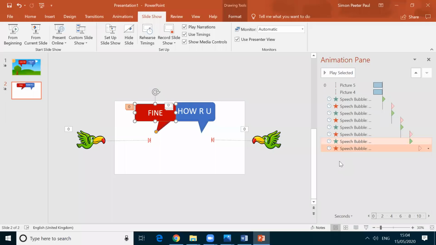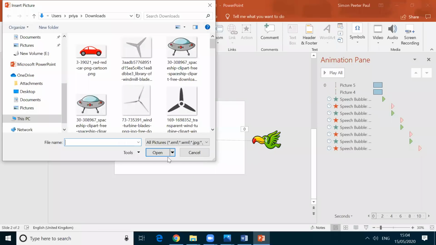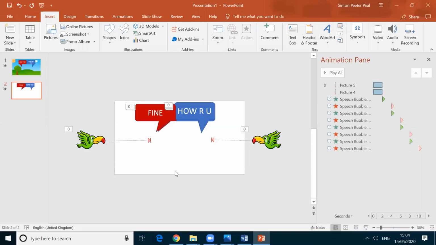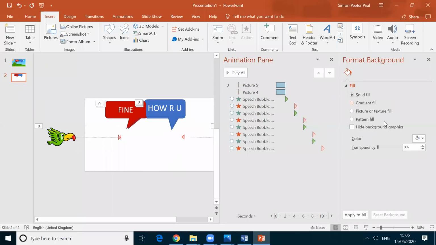Automatically the animation starts. To add any background, you all know, click here, insert, add some pictures, and also you can add a plain background. I right click, format background, and then you can add any solid colors.